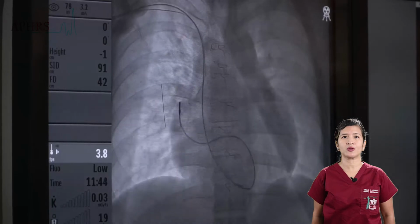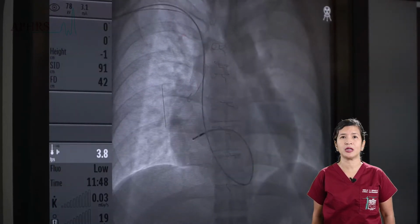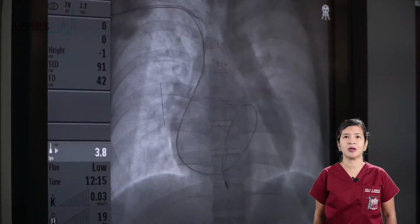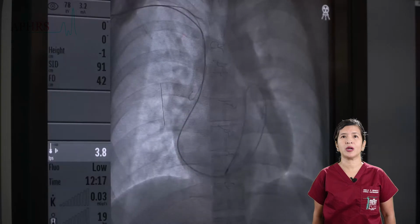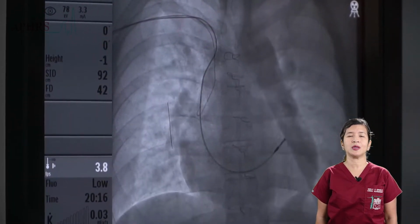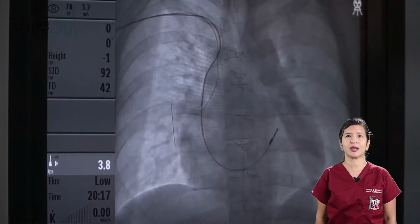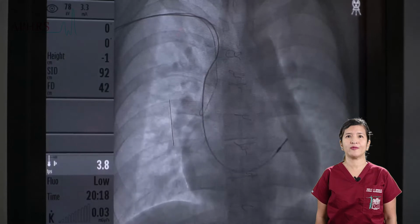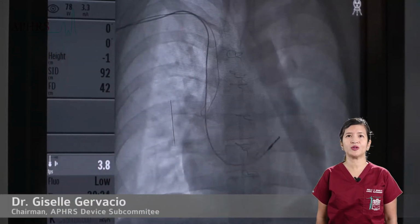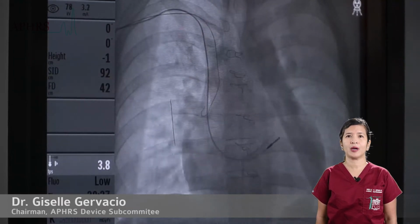Once its shaft is across the valve, the stylet is then pushed in to straighten the lead, with the hope of popping the tip of the lead into the right ventricular outflow tract. Once the lead is in the RVOT, it is slowly dropped down to the level of the upper septum of the right ventricle. A counterclockwise torque is applied to the lead to try to position the tip at the region